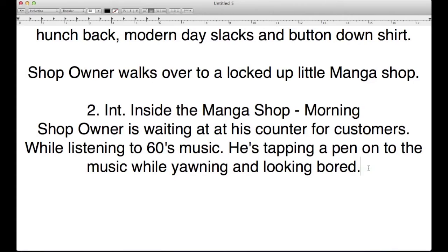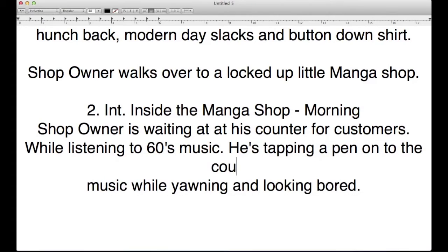So scene number 2, interior, inside the manga shop. It's still morning. Our shop owner is waiting at his counter for customers, and then we'll give him an action, because the shop owner waiting at his counter for customers isn't really an action, it's a place setting. It's the imagery on the screen. But if we give him something to do while listening to music, and he's also tapping a pen on the counter,